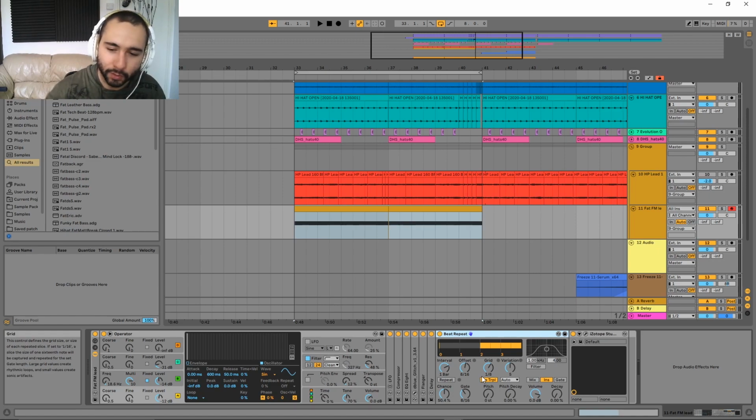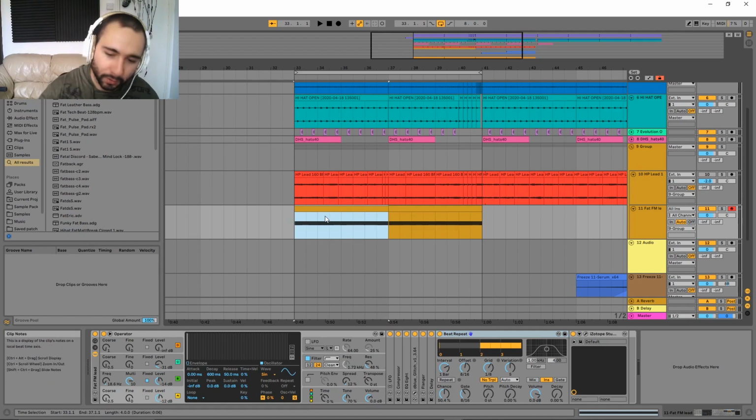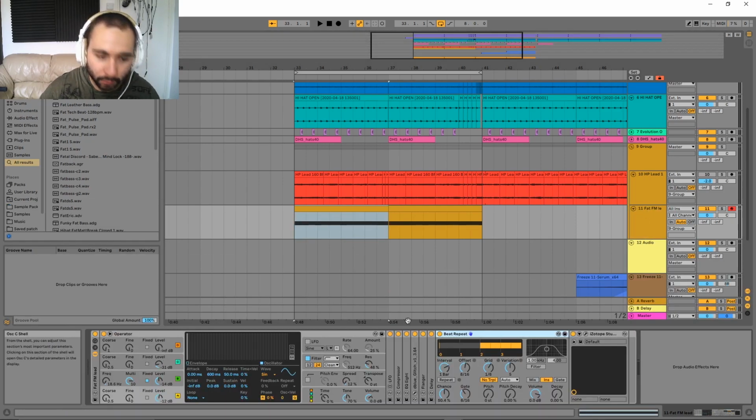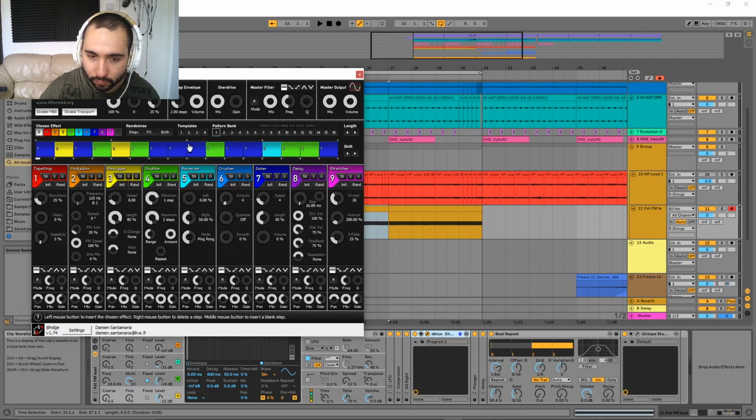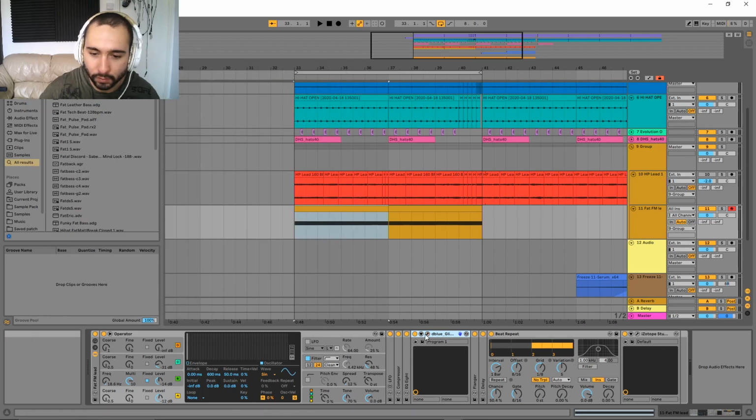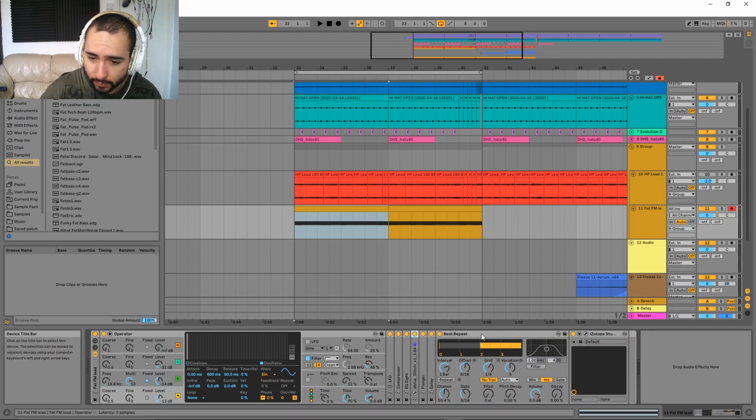But once I understood what each of these parameters do and how you can integrate them within your lead sequence, it really opens a whole new world, because you don't want your lead to be too monotonous and too repetitive, because then it becomes a little bit boring and stagnant. So you can use this on a single note. You can use this with an arpeggiator. Right now I've got Deep Blue Glitch open, and I'm just using it pretty much as an arpeggiator, because this is your gate over here, but I can turn that off and we'll talk about that later. But essentially it's just a beat repeat sequence within a certain allotted interval with certain grid formations